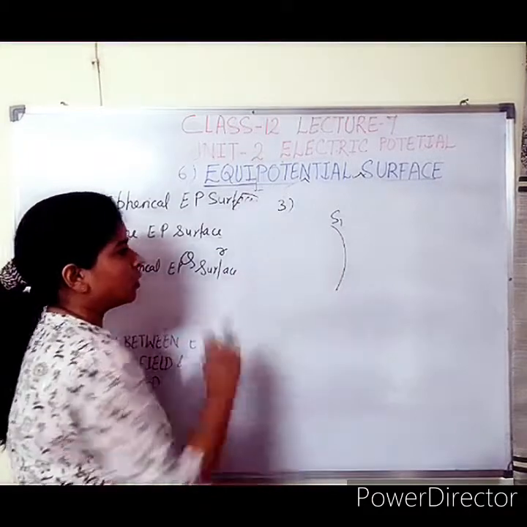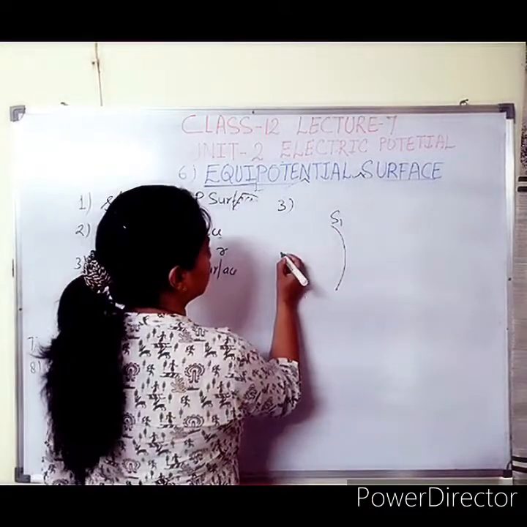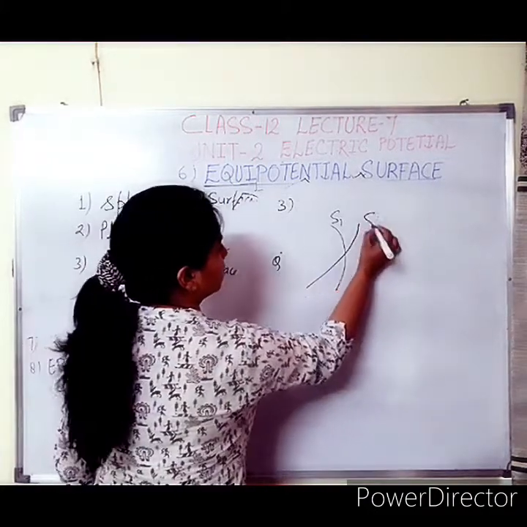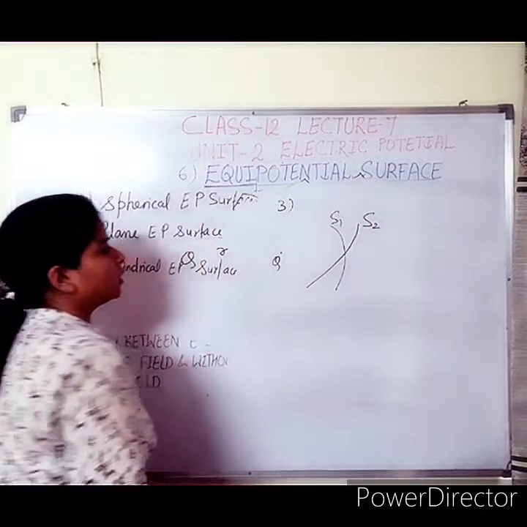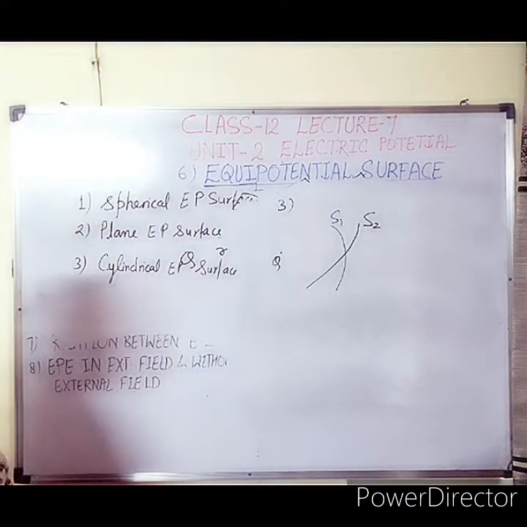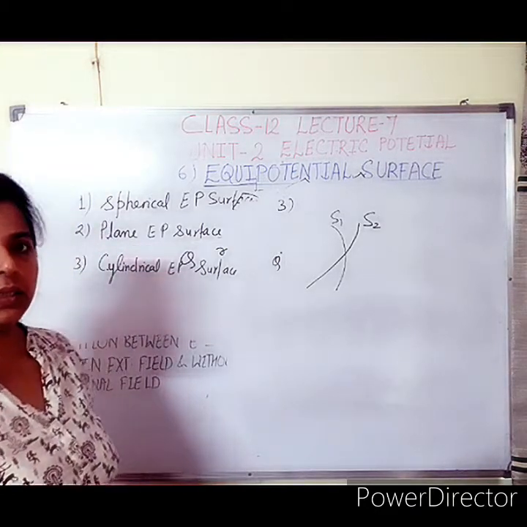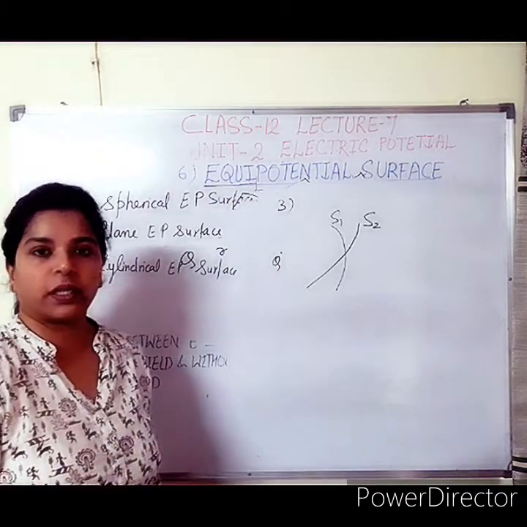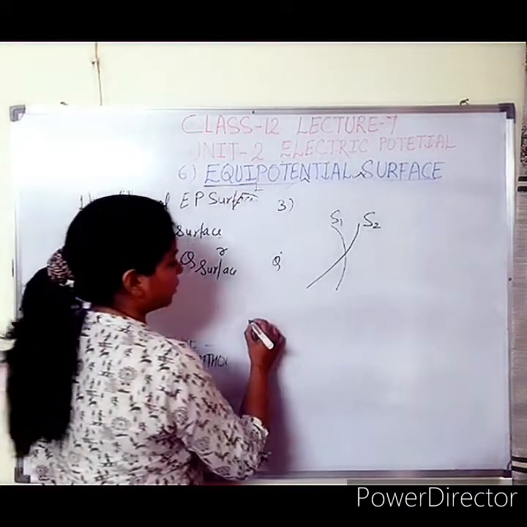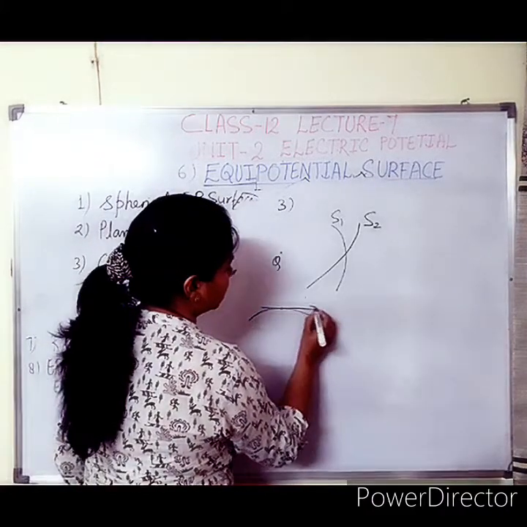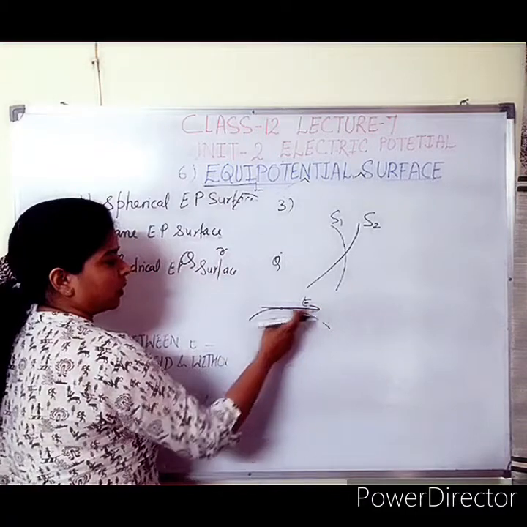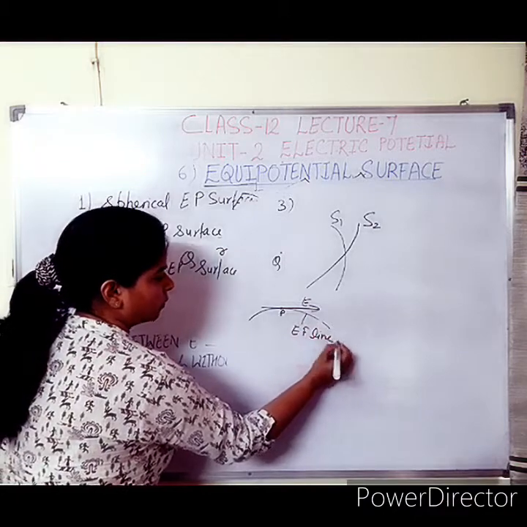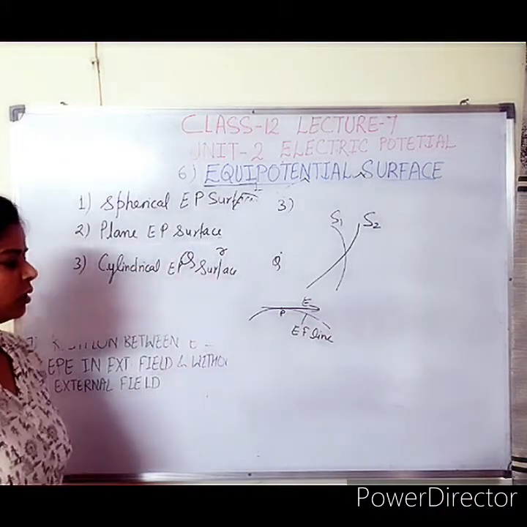So surface 1. Okay. If this is surface 1, and this one is the source charge, another, if we are assuming opposite to the concept that the 2 equipotential surfaces are intersecting each other. Just like the case of electric field lines not intersecting each other, similar is the case here. You know that electric field is along the tangent at any point over the electric field lines. This one is the electric field line. Then at any point electric field is represented by the tangent to that point over the electric field line. Okay, that was the basic concept you read earlier.